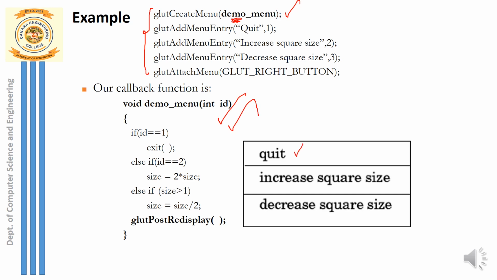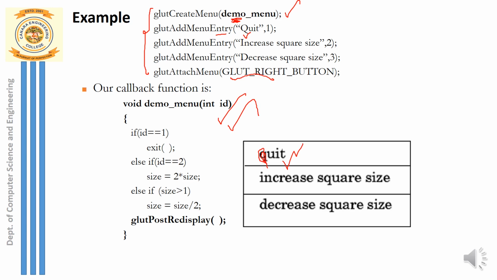But this function demo menu will be invoked the moment the user clicks on a particular menu entry. You can see one sample menu. When this menu appears, you can see the last option here, GLUT_RIGHT_BUTTON, is attached for this menu. The moment you click on the right button, this menu appears. Here you can see what the options inside the menu are. You can see glutAddMenuEntry. You have added the first entry to your menu, and that is Quit. The first letter is in caps. So Quit is a label that you have given, and what is the corresponding ID you have assigned?